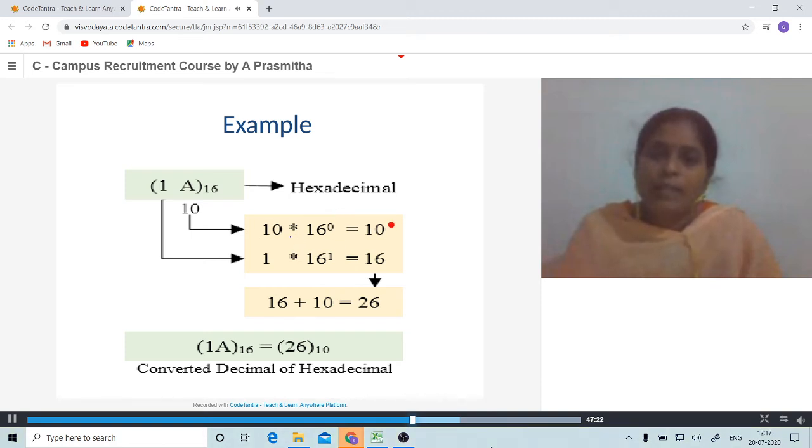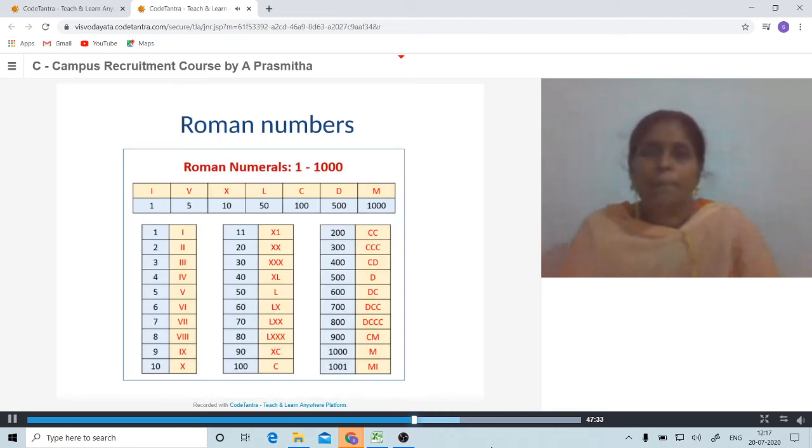After that all these digits are added and finally the sum is displayed on the screen as a decimal number. So let me tell you the program. I will show you the program now for converting a hexadecimal number into a decimal number.